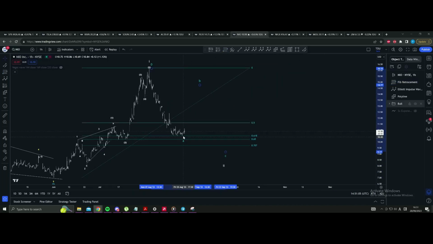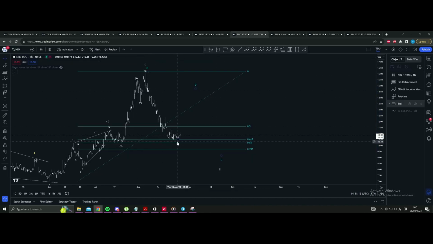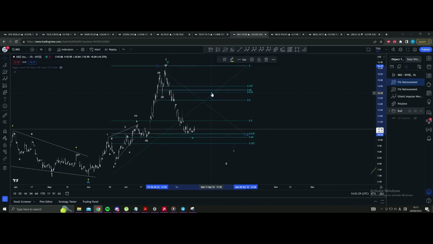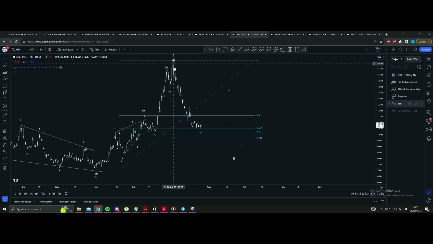So I don't think this would be the end of the correction, to be honest, like as if this was 1 and 2 and off we go. I really think this was either the wave A, and now we're gonna go for the B again, and then perhaps we can long the C. But if you're in this one, maybe taking profits somewhere there, this area to be best tested perhaps, or the 0.5, maybe taking profits if you're still long on this one, because this could, however, be